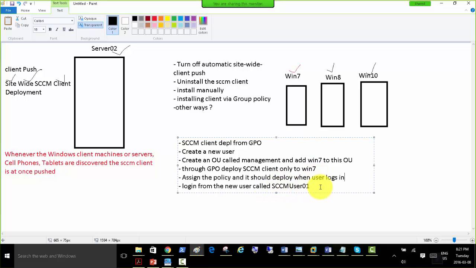So we're going to check the user permissions as well for that. First we log in from the user. If you get an error, then we just log off and log in from the administrator account, and it's going to deploy, right? So we are deploying this to the computer policy. We're configuring it that way, so that the computer should get it. And we need to place that user as well, SCCM user 01, user and computer, into that management OU. So once this scenario is here,